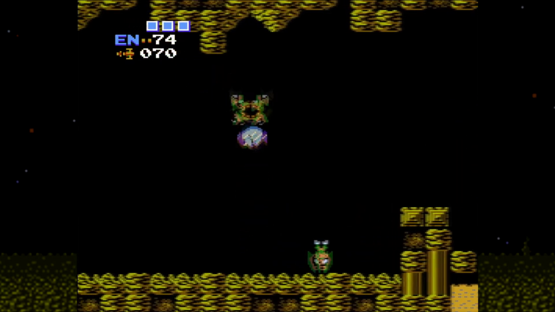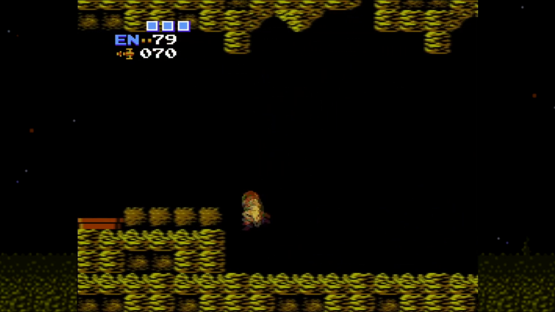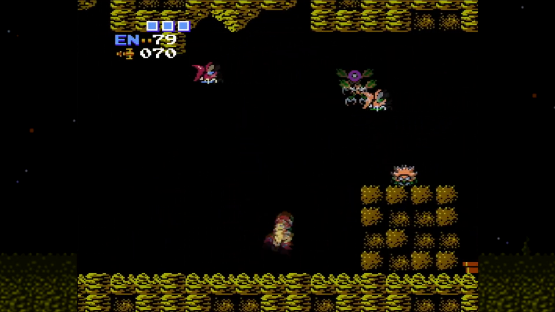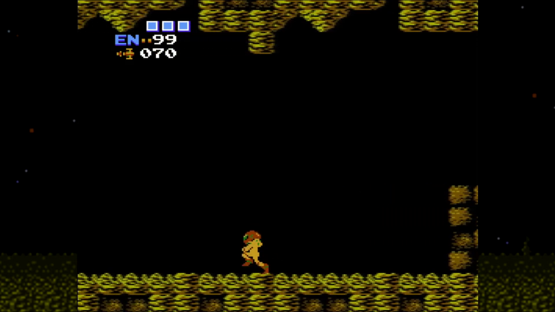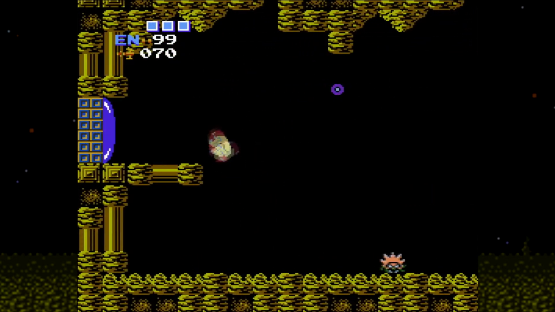Now the reason why I'm going for Kraid first and not Ridley is because Kraid, in my opinion, is a lot easier. And he's technically supposed to be the first boss. So I don't want to skip. There we go. Full health, full ammo. Oh, and there's one other thing we need to pick up before we go